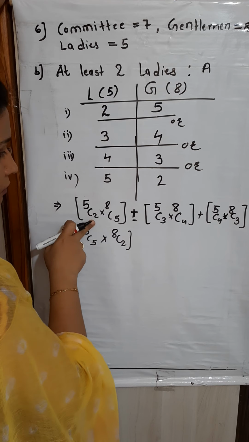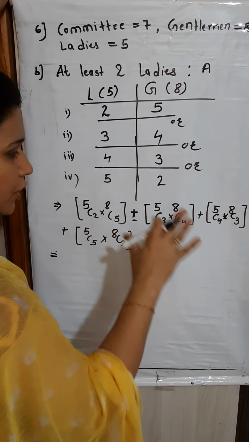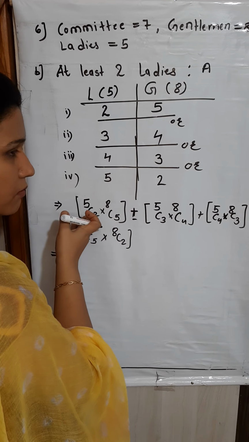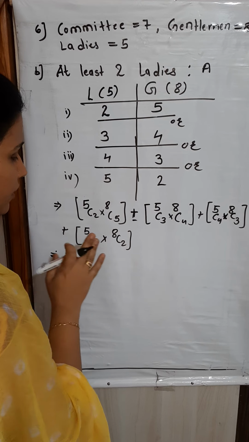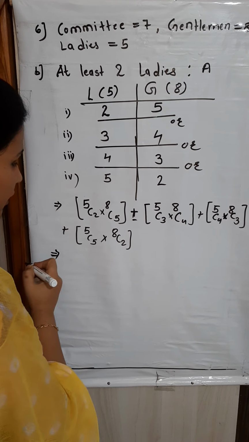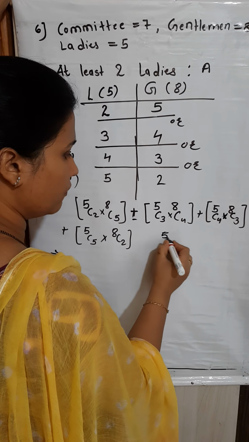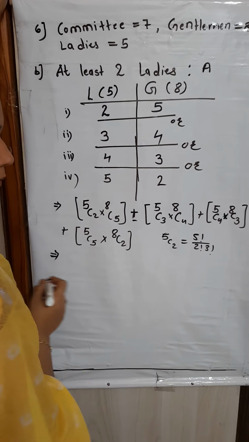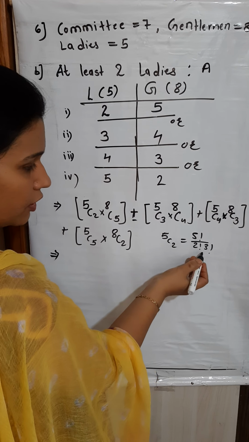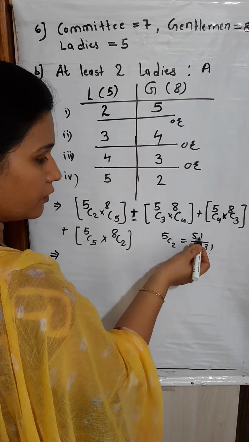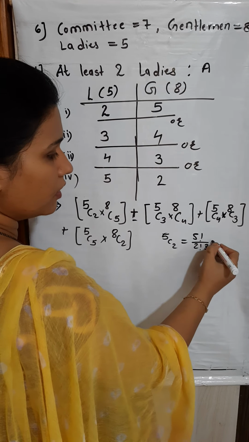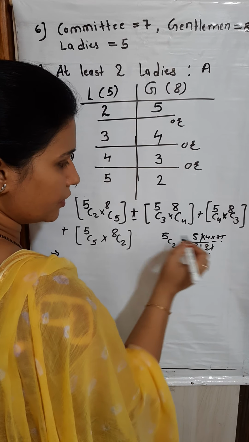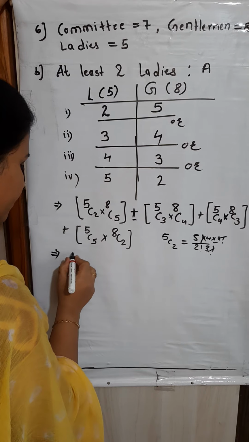Now when you are solving these combination formulas, you don't need to write whole terms because these are very simple. So you can do it directly and write the final value. So what is the value of 5C2? I will show you. 5C2 will be 5 factorial by 2 factorial into 3 factorial. So 5 factorial contains 3 factorial. If we cancel 3 factorial from 5 factorial, the only remaining term will be 5 into 4 over 2. 5 into 4 is 20. 20 by 2 gives you 10.